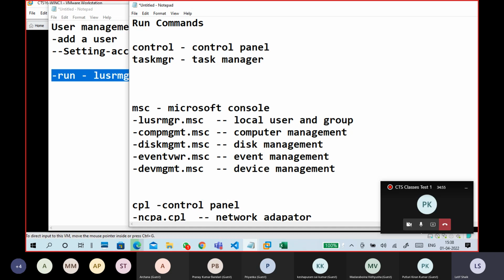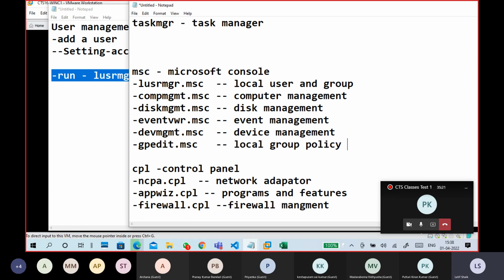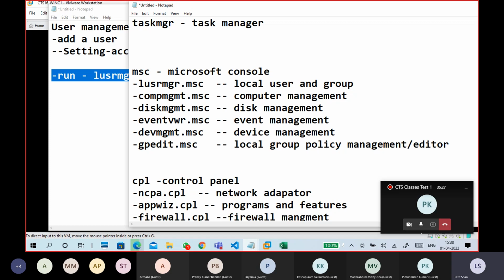Control for control panel, taskmgr means task manager. gpedit.msc, local group policy editor, group policy management editor. Okay, services.msc, to view services, service management.